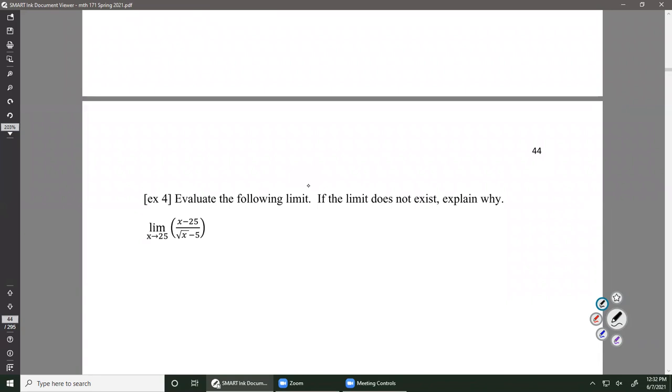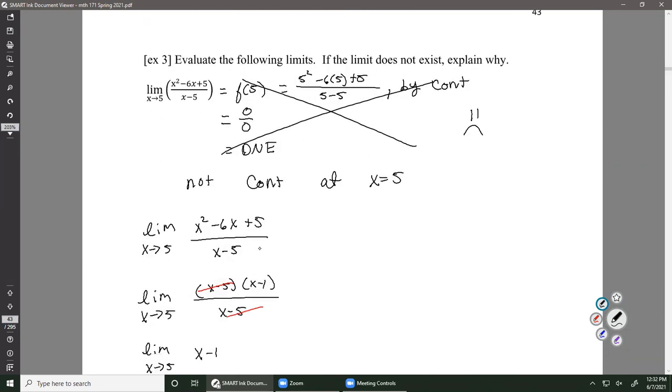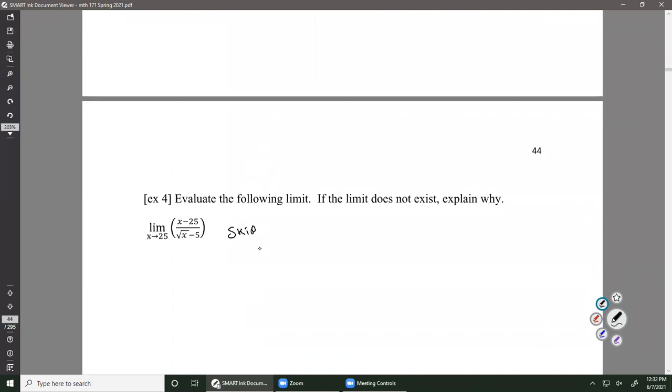We are actually going to skip number 4. When you plug 25 in, you get 0 over 0. And there's a trick that you can use to solve this. But later in the semester, I'm going to teach you a way, way easier trick. It's called L'Hopital's rule for dealing with this. And so we're just going to skip this one for right now. The algebra gets really messy. It gets a little bit tricky. I will not test you over something like this example 4, which kind of gives you a dead giveaway that you're going to see something like this. Okay. So